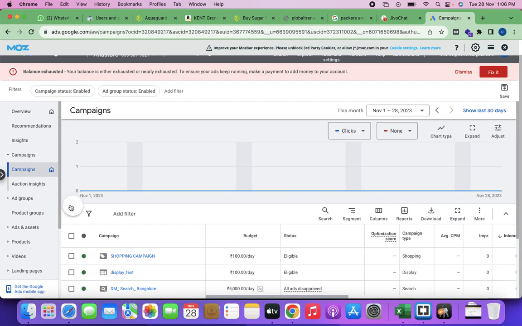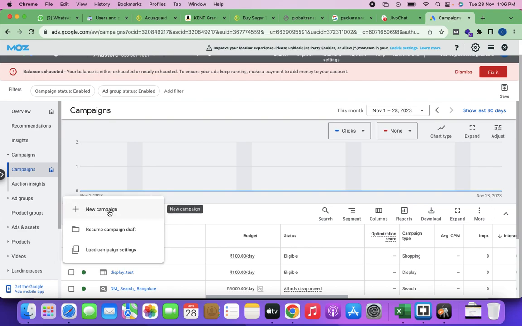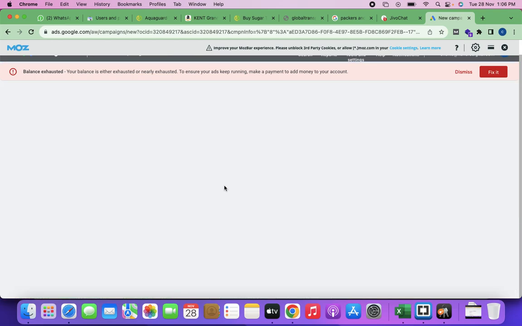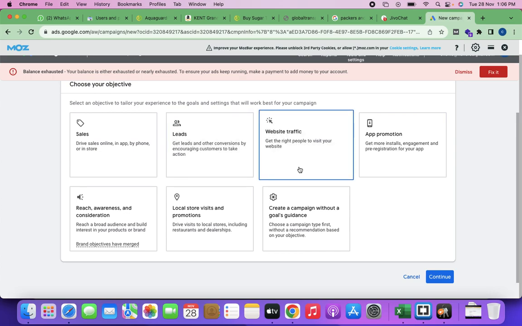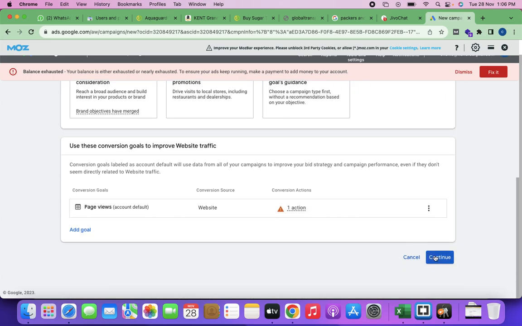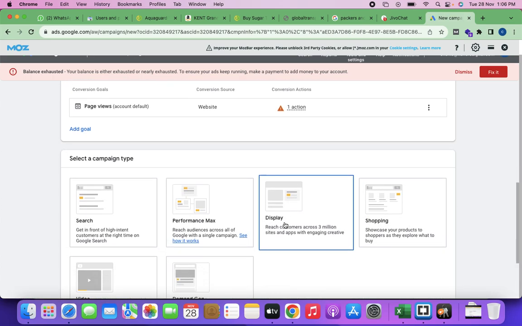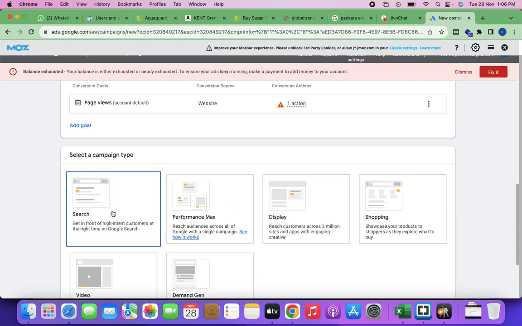So click on the plus and then new campaign. I'll pick the option website traffic, continue, and we all discussed Google allows us to publish various kinds of campaigns.